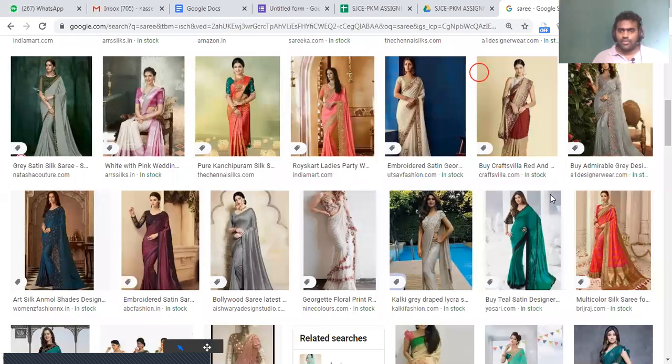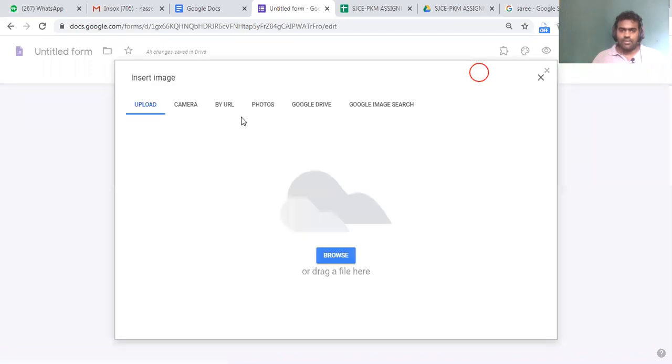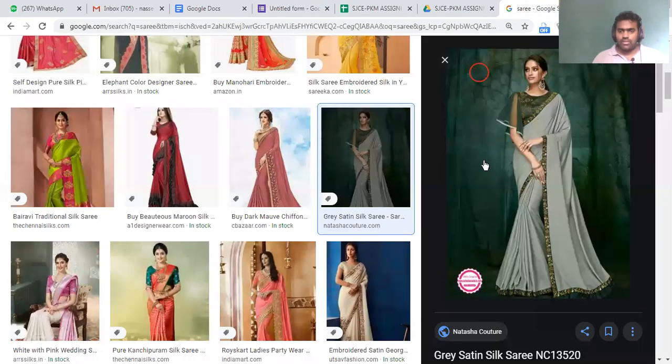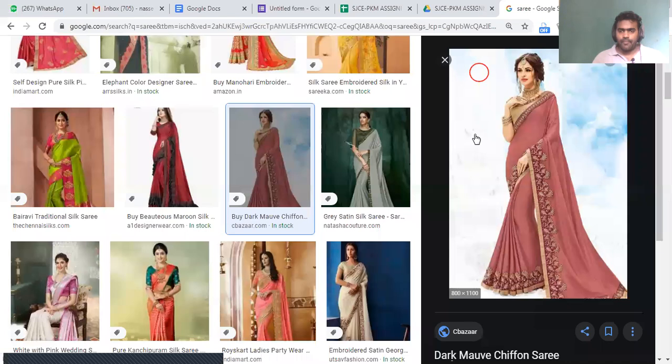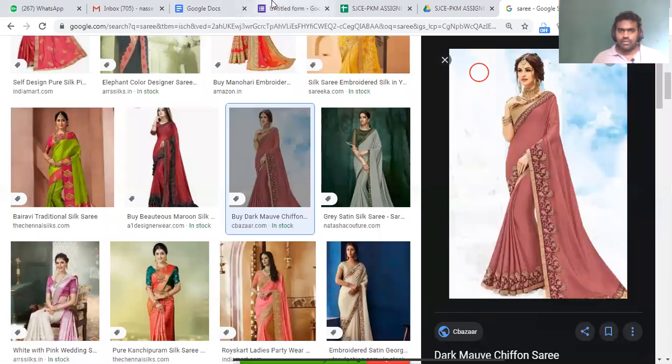Okay, I'll copy the image address. I'll come here. I'll go by URL. I'll click. The URL is invalid. Copy image address.